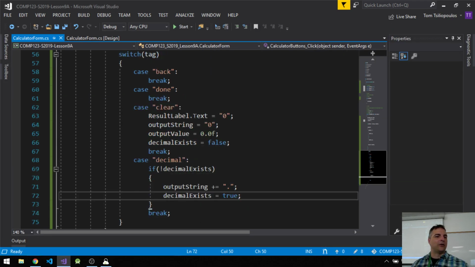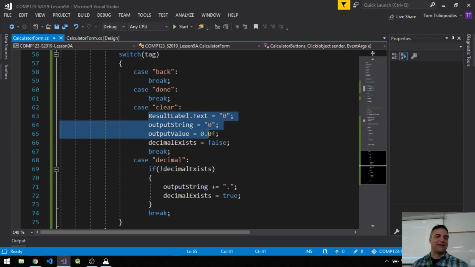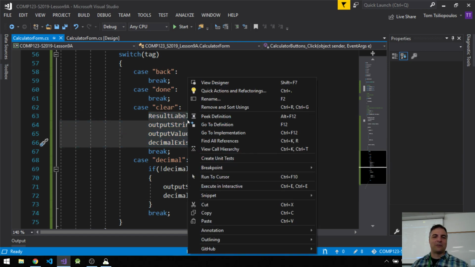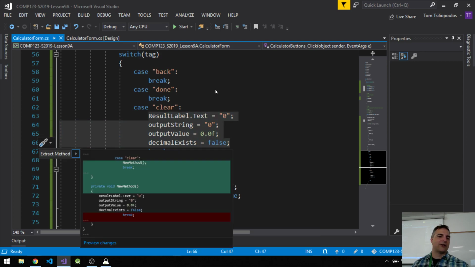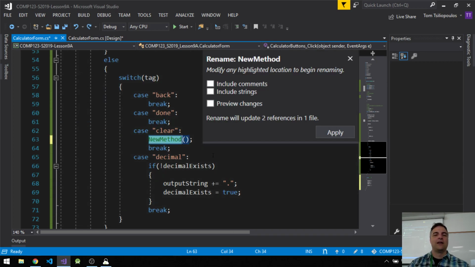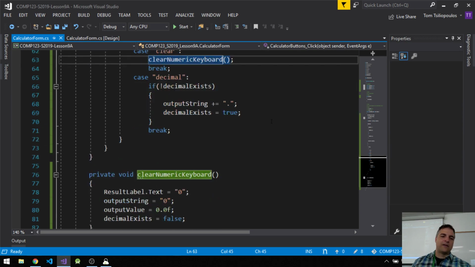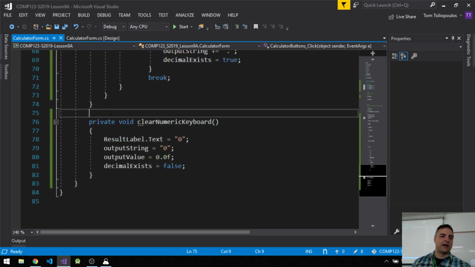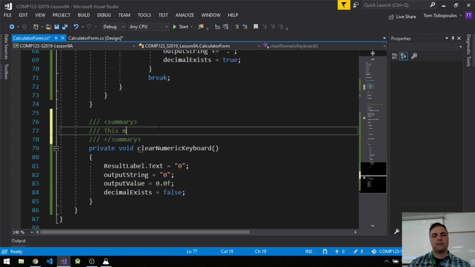In fact, what we want to do is see this clear. We want to make it into a method. So I want to do quick actions and refactorings. I want to extract a method, and I want to call it clear numeric keyboard. Enter. What this does is it creates a little method down here that I can call again. I can say that this method clears the numeric, or even resets, really, the numeric keyboard